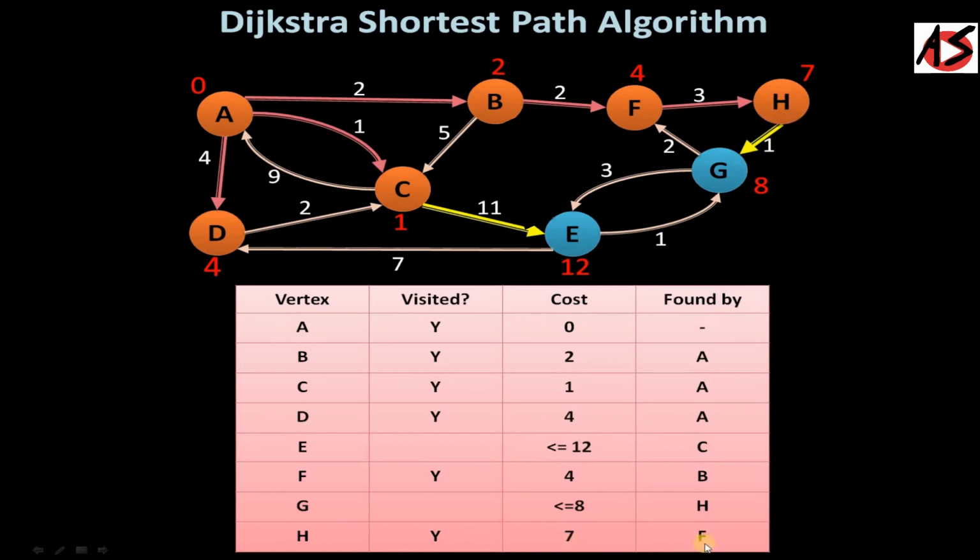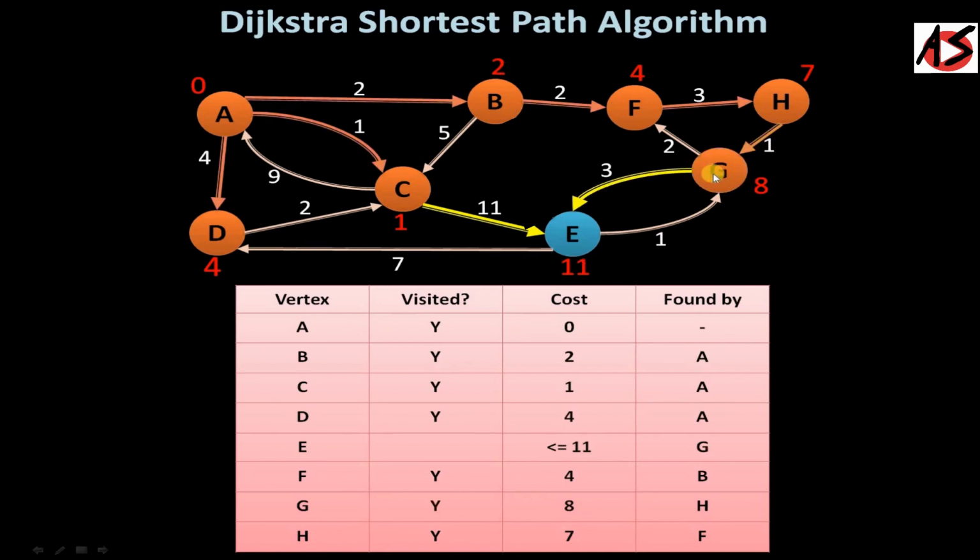by F node. Now from H we have explored one new node, that is G, and its cost is from A to H, that is 7 here, and from H to G, that is 1 here. So 7 plus 1, that is 8 here. So we can write it as less than or equal to 8 in the cost value and it is found by H here. Now from G and E, the minimum cost node is obviously G, so mark G as a